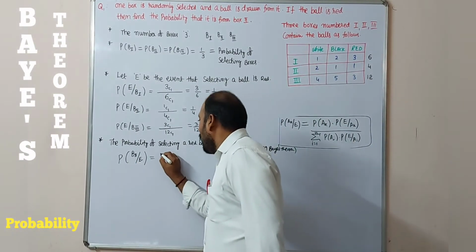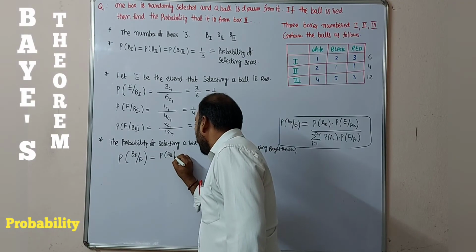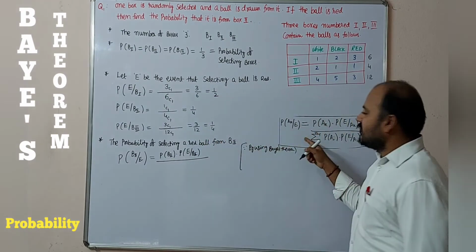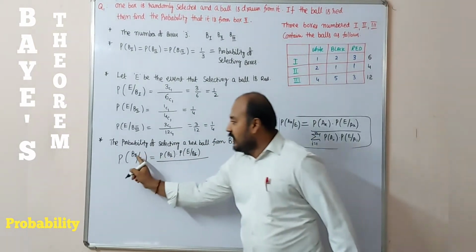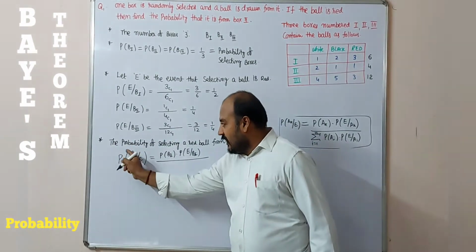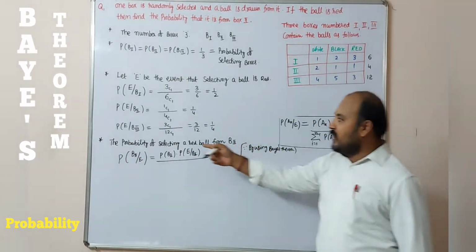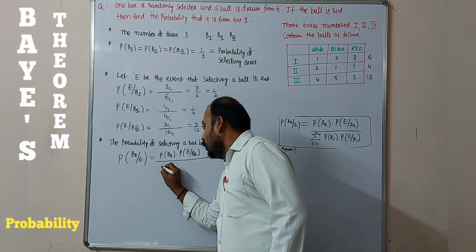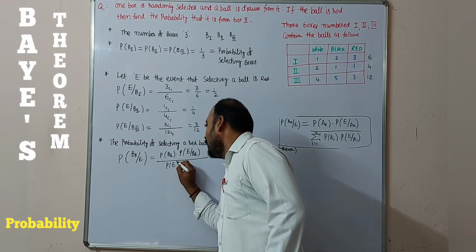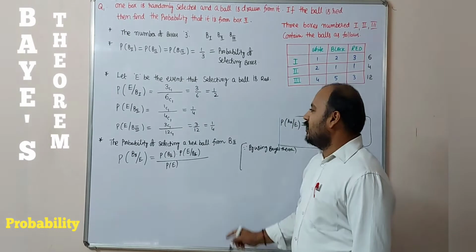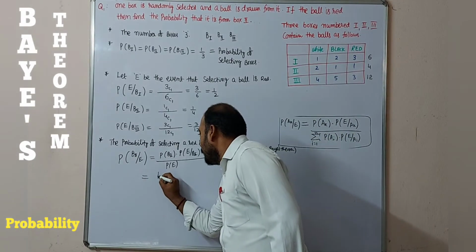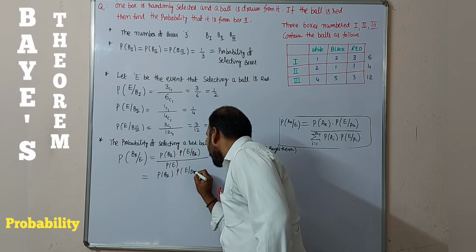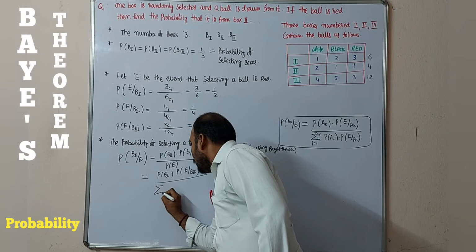so based on this, P of box 2 into P of E given box 2, by this application of that. P of kth event, a particular event of the total 3 events that are there. From a particular event we are calculating. E probability we know that. P of B2 into P of E by B2 over P of E. So what is P of E, sir? P of E is equal to P of B2 into P of E by B2 by sigma I